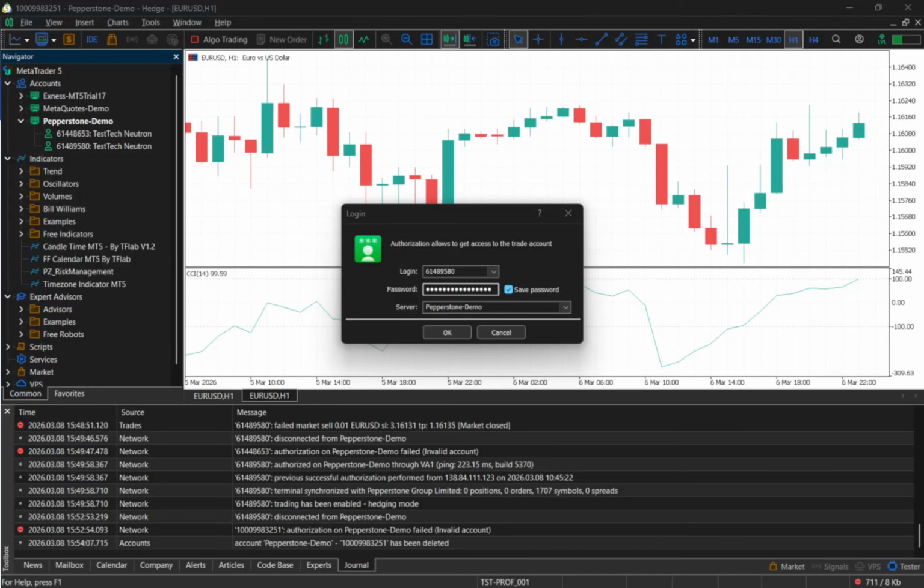In today's video, I'm going to teach you how to connect MetaTrader 5 with Broker. By the end, you'll know exactly where to click, what details to enter, and how to confirm you're connected and